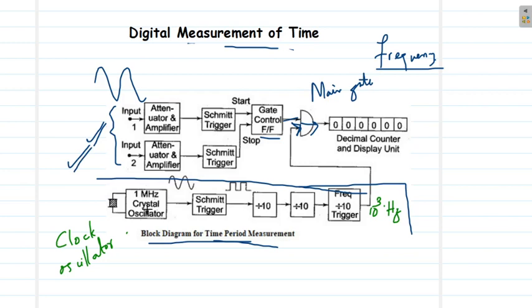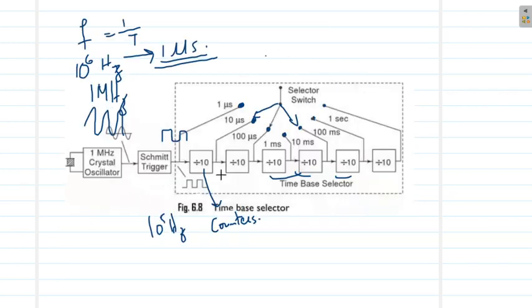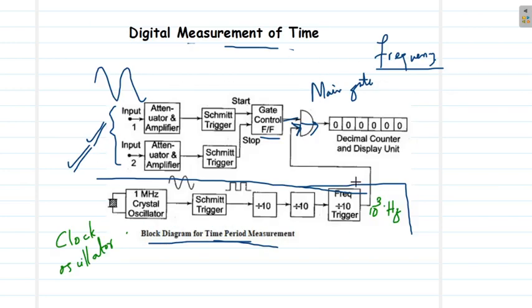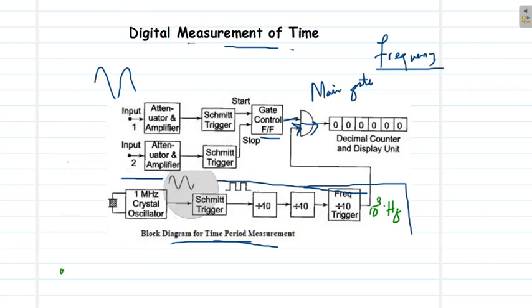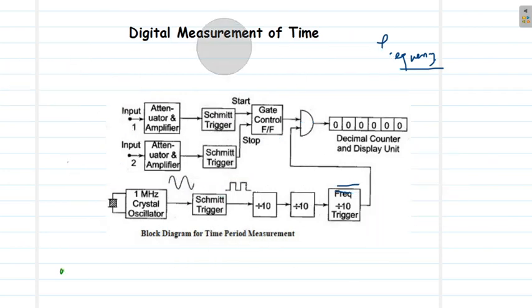This is the basic block diagram, and this block diagram is the enhanced look into the time-based selector, this bottom part here. I hope the working is clear for you: how this main gate, with the help of this gate control flip-flop and this time-based selector, is able to count the time, the digital time. This counter is in fact indicating the time period corresponding to the input signal, exactly the time period between feeding of input at point 1 and at point 2. I hope this portion is clear for you.